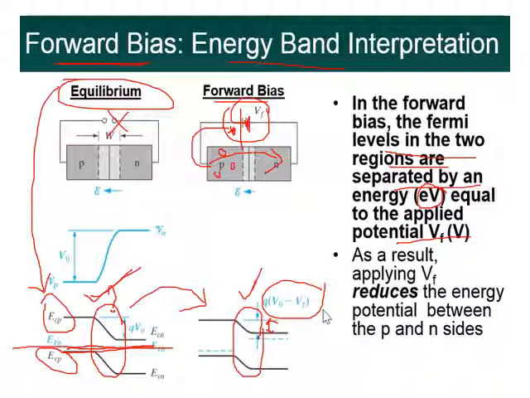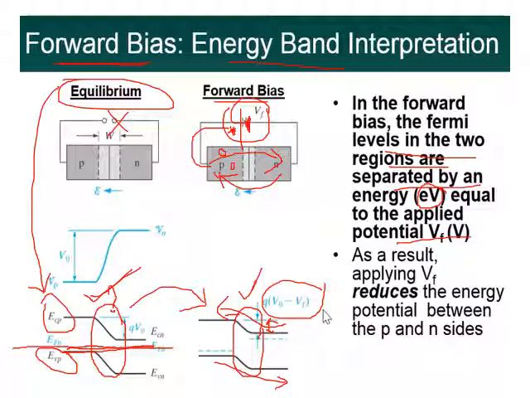Similarly, this negative potential will try to repel the electrons, so electrons will try to move in this direction, right? So what we are seeing here is the current flowing in forward bias condition. And when we say the current is flowing in forward bias condition, how is that actually possible? Current is flowing means the holes will be traveling from this region to this region, and the electrons will be traveling from this region to this region, and it is becoming very easy.